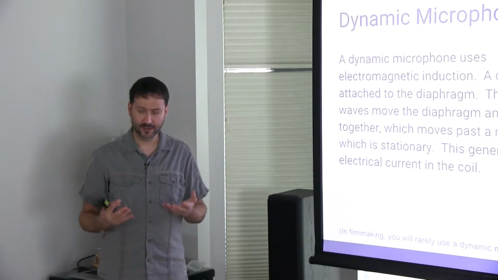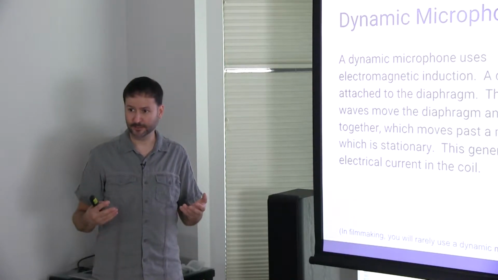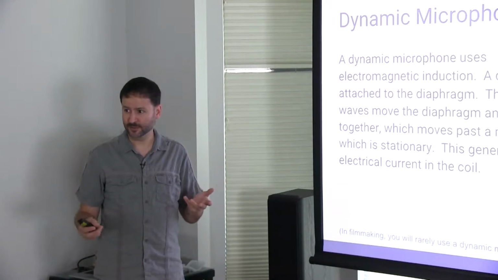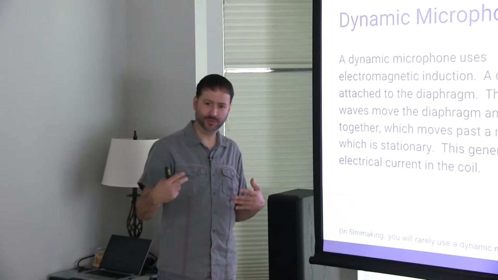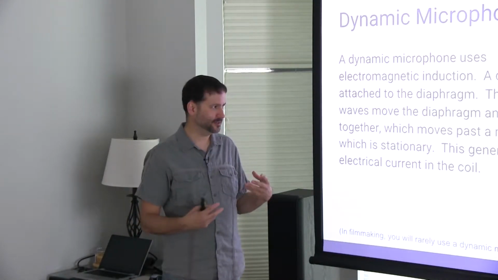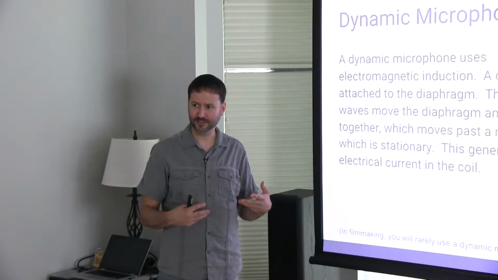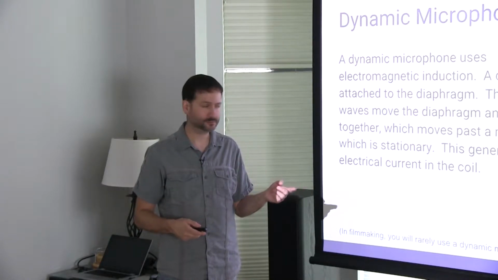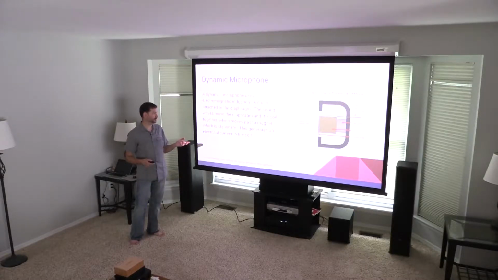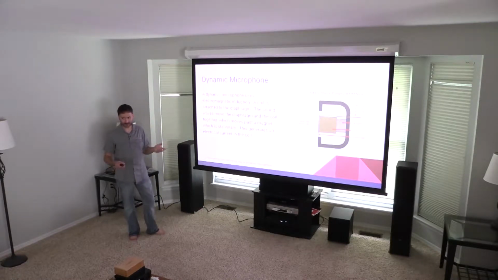and that generates electricity the way a generator does. You've probably seen experiments for electromagnets. It's the opposite of an electromagnet. Instead of putting voltage in to get a physical movement out of it, it's the other way around. The physical movement is creating electricity within the wires, within the coil. This is an electrical property called induction, which I'm not going to explain today. But the result is the coil moving back and forth across the magnet causes electricity to move in the wires in that coil, and so